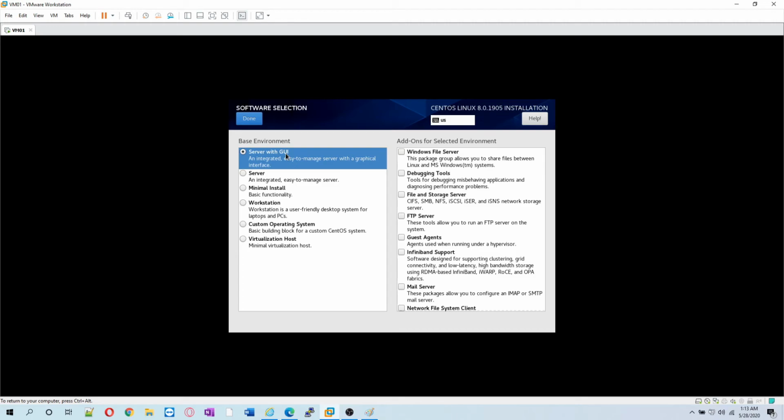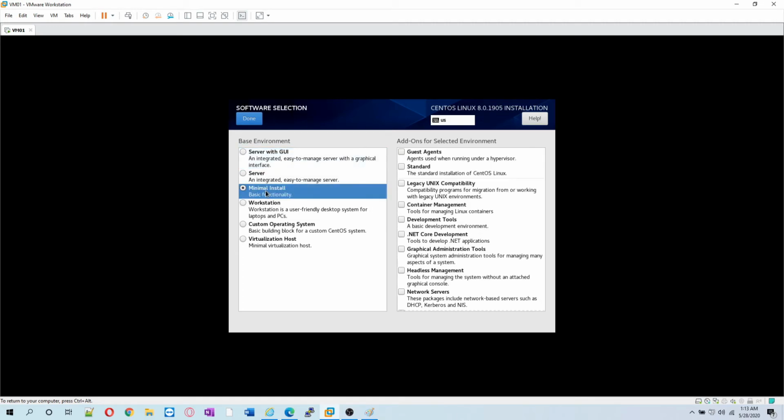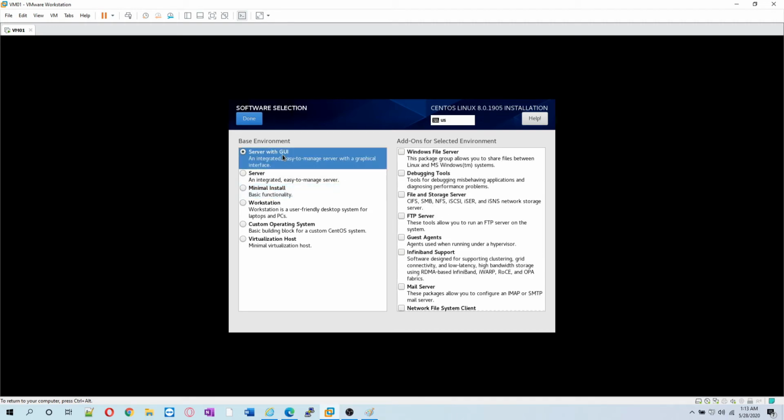It will install around 1300 packages on your distribution and use a lot of disk space, and it will not load as fast. But if you see minimal, it will load much faster, and it will be much more secure than the full server with GUI, because there are fewer ports being opened. So I settle somewhere in between minimal and with GUI. For the sake of this video, we are going with server with GUI.